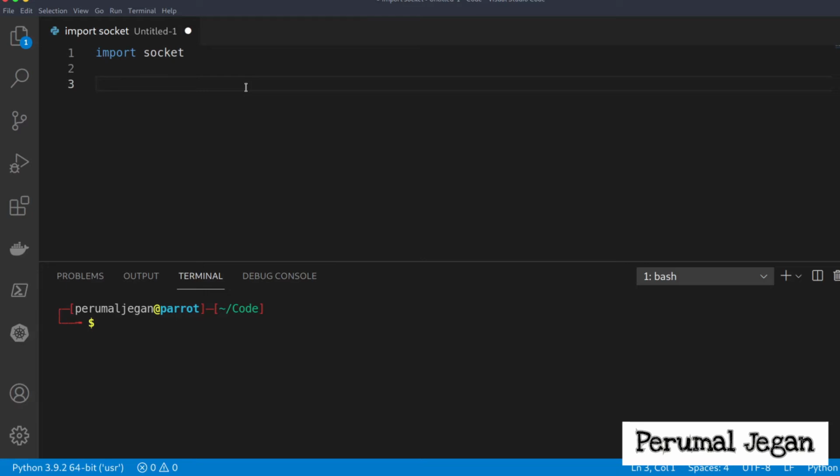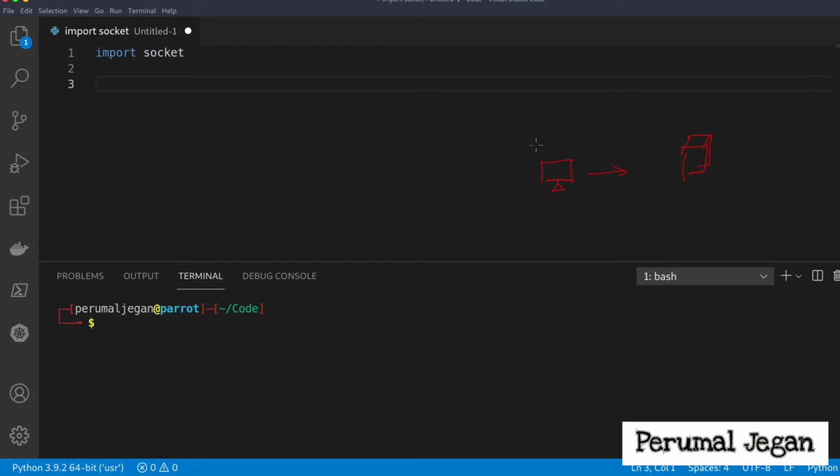Now it is time to grab the input from the user. First of all, let me explain the logic here. I am going to create a client program first. Let me say I'm just having my PC here. My PC is going to initiate a connection with a server. Sorry for the diagram.